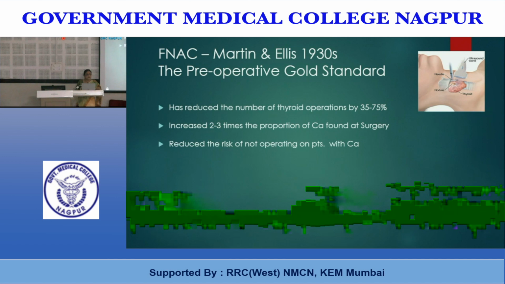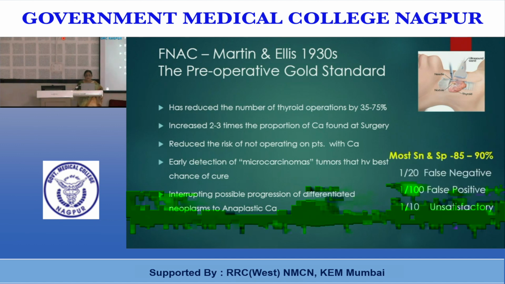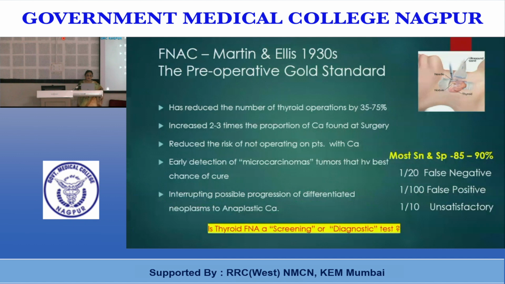FNAC has reduced the risk of not operating on patients with cancer, and it has helped in the early detection of microcarcinomas, which have a very good chance of cure. And probably it has helped in interrupting the possible progression of differentiated neoplasms to anaplastic carcinomas. With all its limitations, FNAC has shown a consistent high sensitivity and specificity the world over. So by the end of this talk, you will all tell me whether FNAC is a screening or a diagnostic